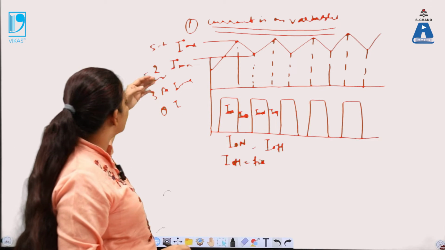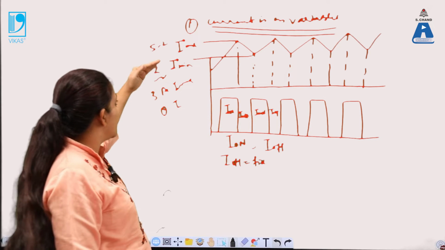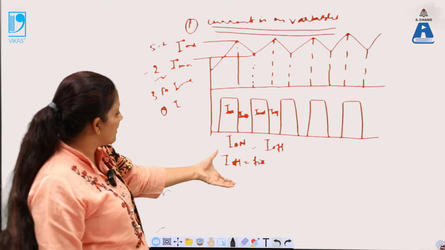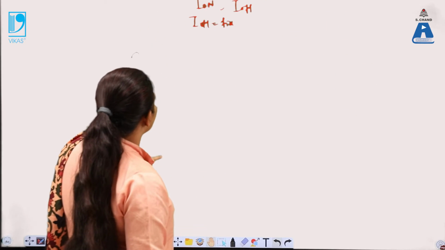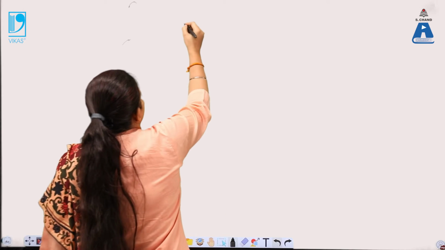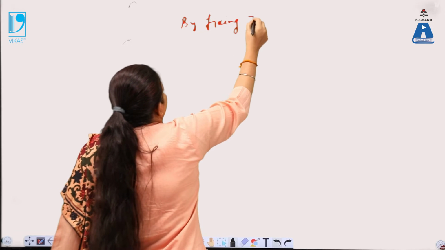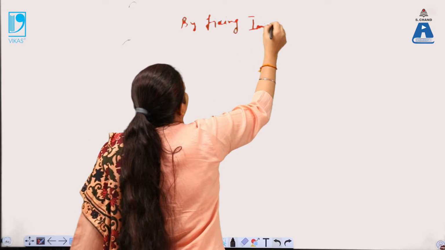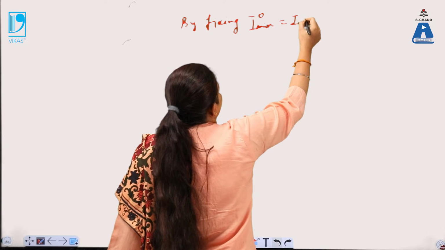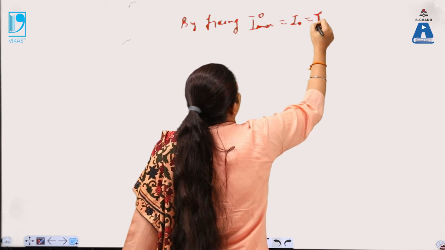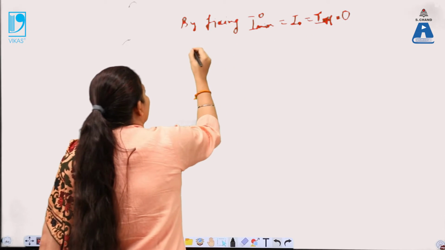So that can be fixed by adding the same amount of current, either with the positive sign or the negative sign, to the I minimum. So by fixing the current value over here, by fixing this I minimum, I naught minimum equals I 0, or you can say that the minimum is equal to I off, that is equal to 0, we will get